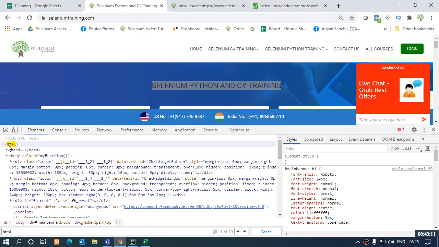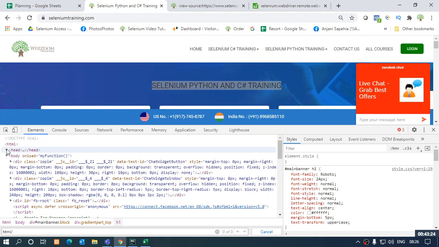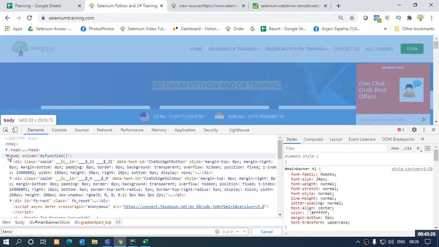Okay. Now to move further down the hierarchy, I need to use a forward slash. Below this HTML tag, I have two tags. One is the head tag and one is the body tag. What I am more concerned about is the body tag.